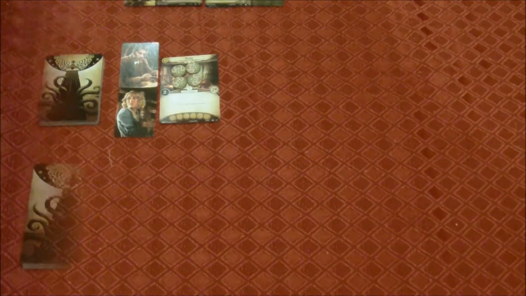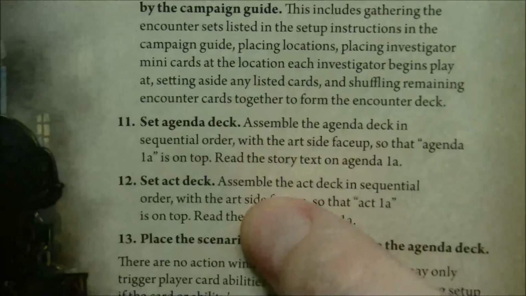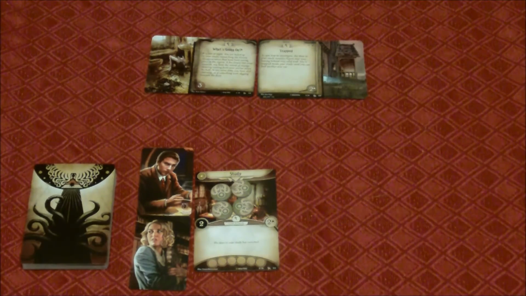Okay, just give me a second to readjust here. Right, next up in the set of instructions, yes, we set up according to the campaign guide. We set up the agenda and act decks. Now, place the scenario reference card next to the agenda deck. That little card,